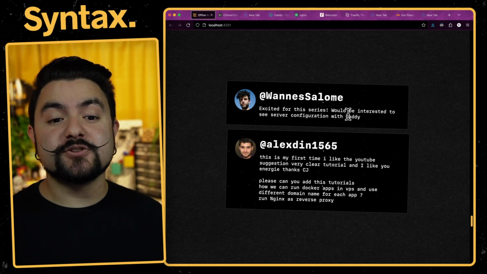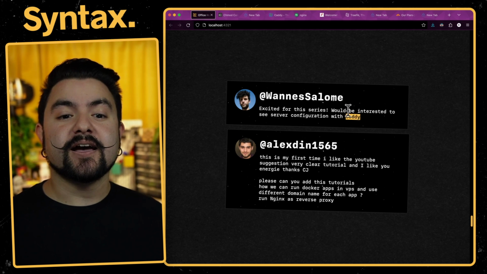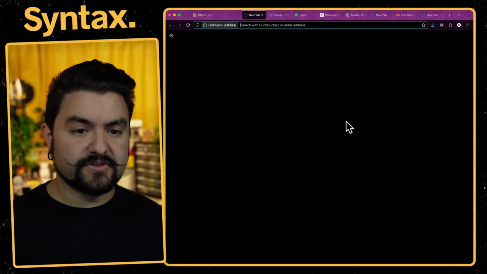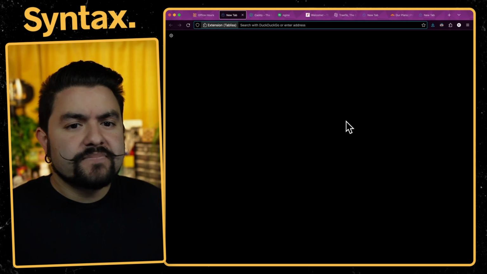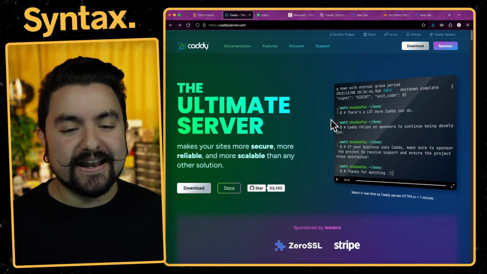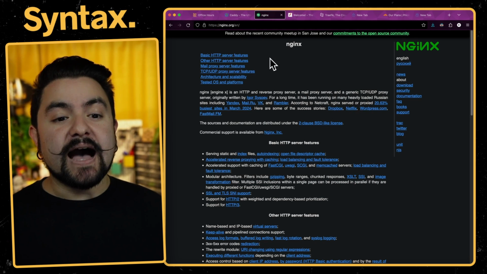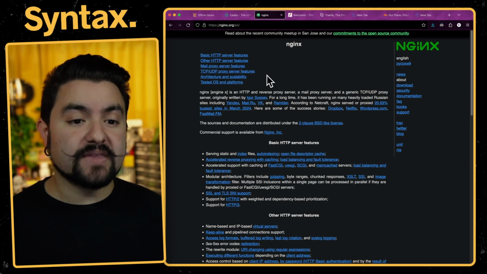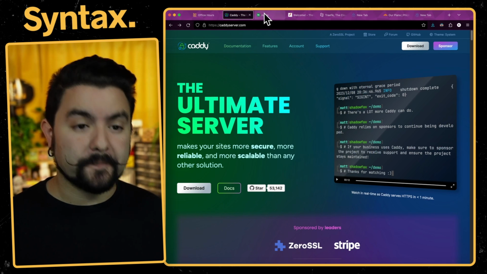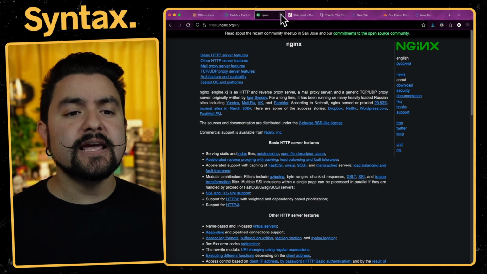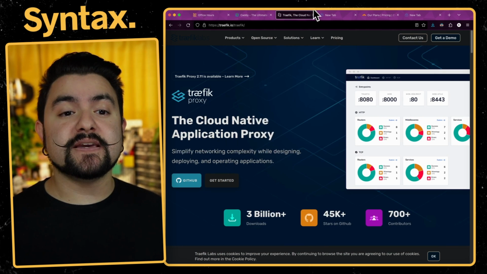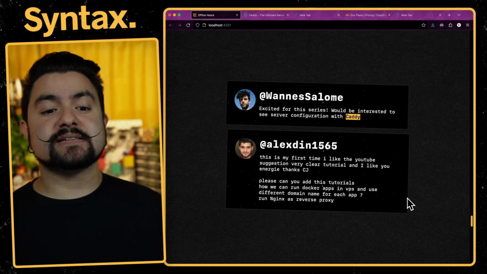And this is related because you can actually set up reverse proxies with a thing called Caddy. So Caddy and Nginx are both types of HTTP servers. And just like a lot of other things, there are a lot of options. You could use something like Caddy server. You could use Nginx. I have the most experience with Nginx. I used it for years, but more recently I switched over to Caddy because it's so easy to configure. There's also Apache HTTP server. There's also a thing called Traefik, but all of these tools allow you to set up what is called a